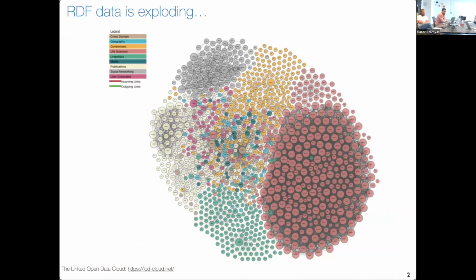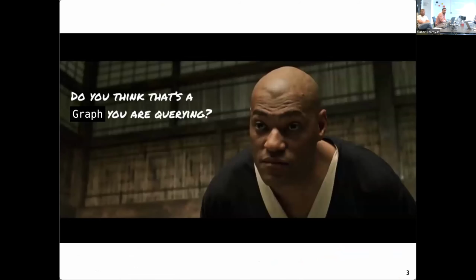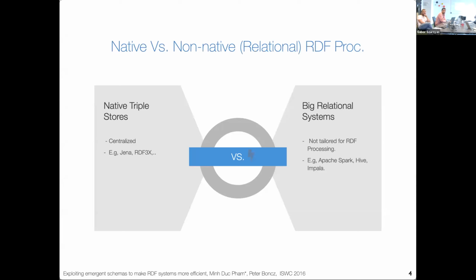At the beginning, you might be familiar with this figure that depicts the linked open data cloud, which also represents that we have large volumes of RDF data, and RDF data is now exploding. This is out of the popularity of knowledge bases and the semantic web community. Although RDF data is like graphs, do you think that it's graphs that you are querying? Actually, this is not necessarily true, because although we have these native triple stores that can natively process and query RDF datasets using the full expressiveness of SPARQL,